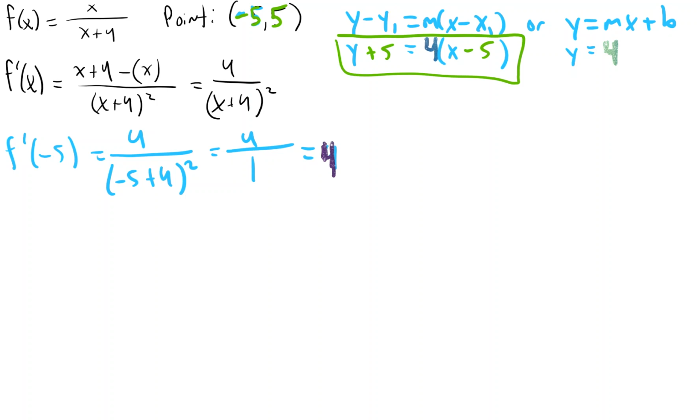Now, if you insist on doing slope intercept, then you can simply change this to that with just a few more steps. You can distribute the 4, and then subtract the 5 over, and